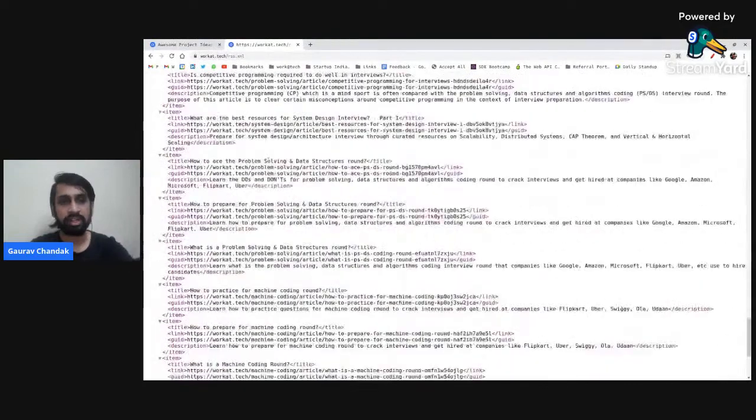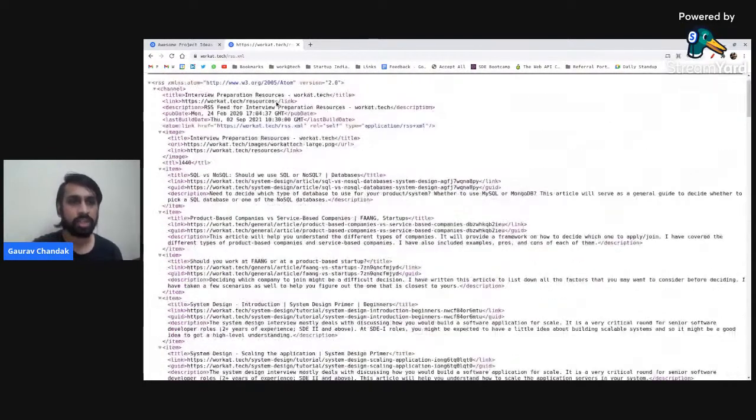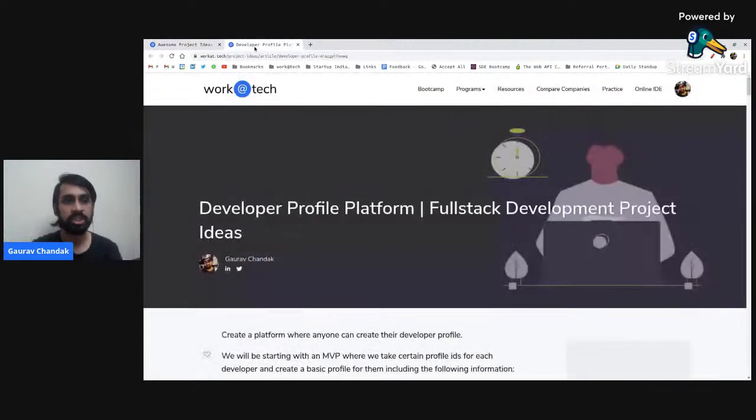So these are all the articles on a website. You can show that basically in a UI of your choice. That's kind of an RSS reader. Then, data visualizer. This is also a project that we do